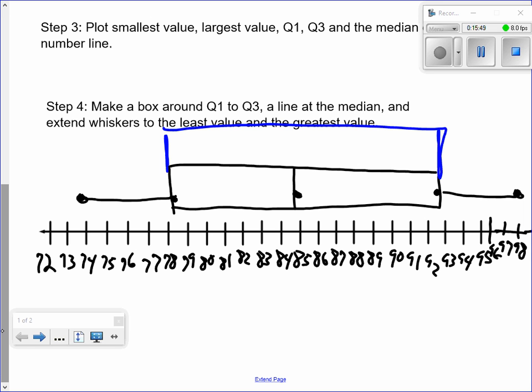What's that? From here to here? That's just half of the scores. It just shows me half of the scores are within this box. Okay? And it doesn't matter. It could be test scores for the entire 6th grade. This is actually a way when you guys take the forward exam